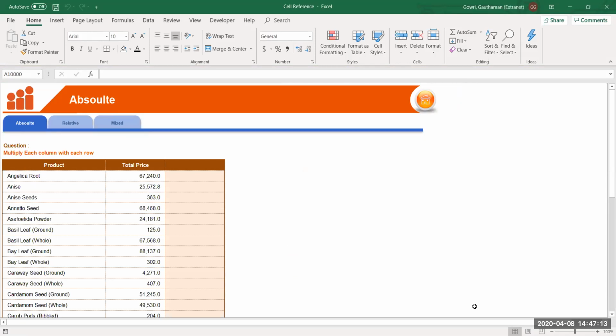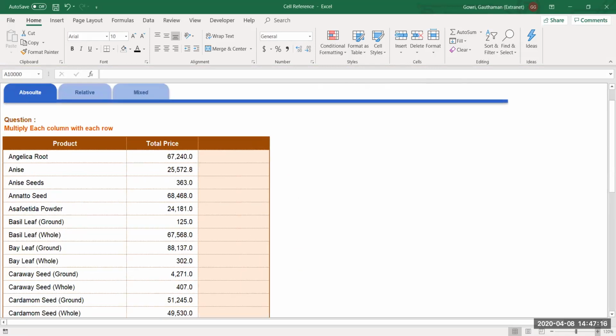Over here we have an exercise where we are saying multiply each column with each row. But the question is simple. If we have some discount percentage, where the discount I want to provide is 15%, let's say, and this is the total price of all the products listed here, I would like to get the discount amount, not the percentage. Percentage we have already mentioned. So I want to multiply this 15% with the total price of all the products and get the discount amount